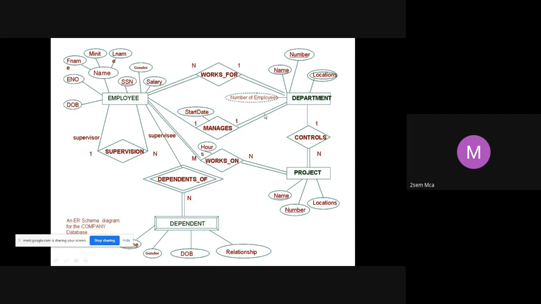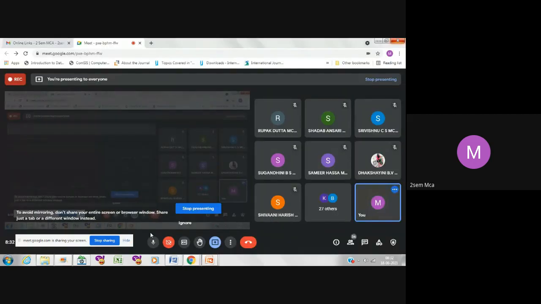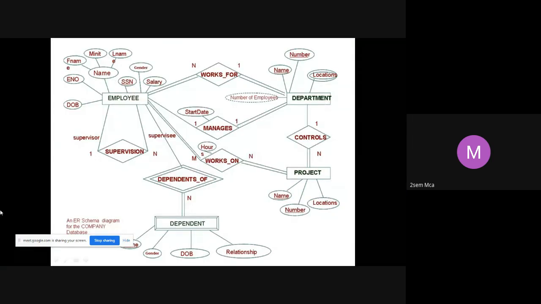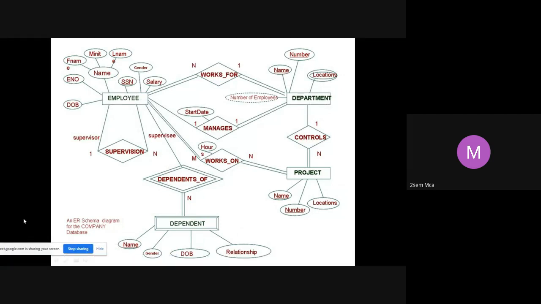As I told you, we have already done this concept. Since you have some doubts, I'm trying to help you out. So in today's class, we will revise this concept. This is the example ER diagram that I'll be taking as per your syllabus.